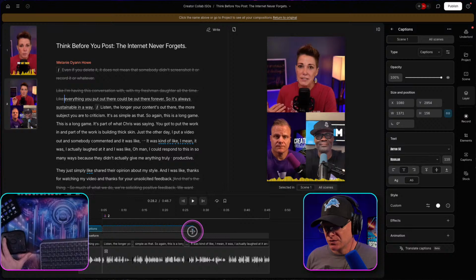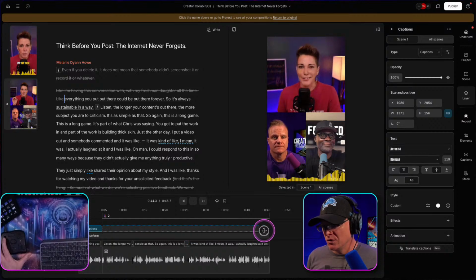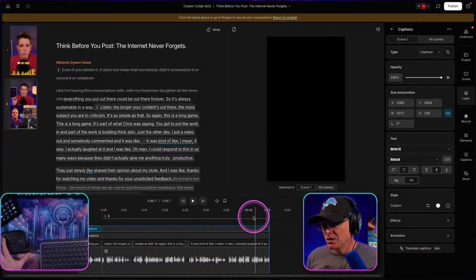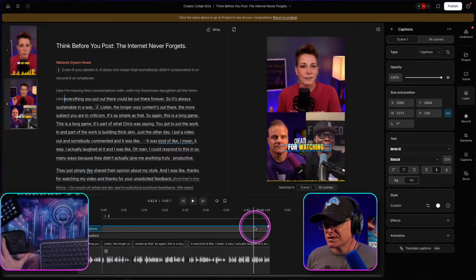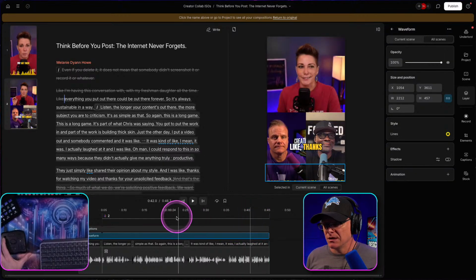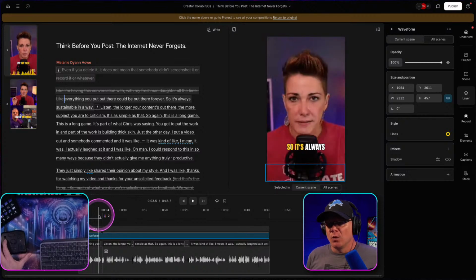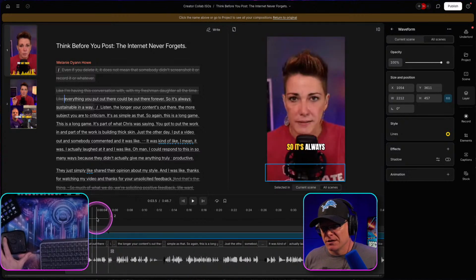Sometimes there's a little glitch with Descript, and it will move the layers below or above when they shouldn't be, and you won't see it, but it looks like we're good here. All right. One other thing we've got to make mention of here is that you see it's all nice and